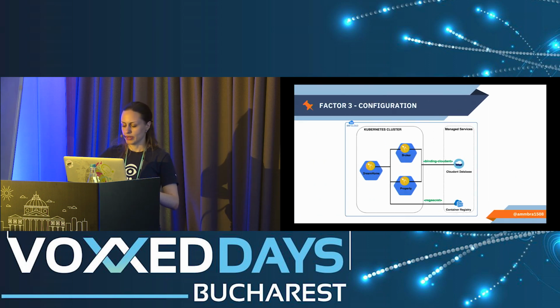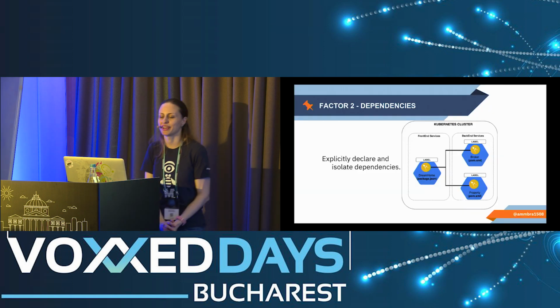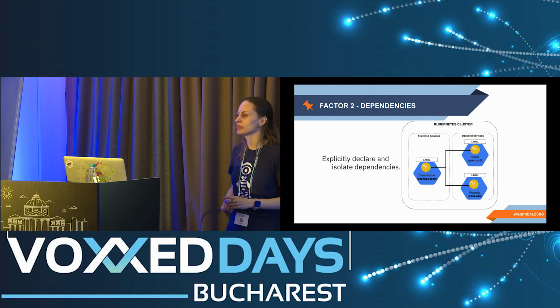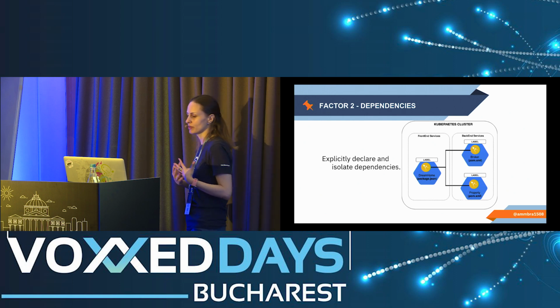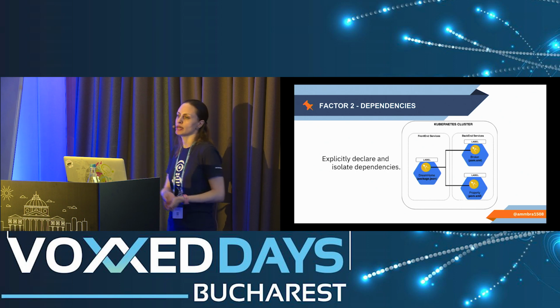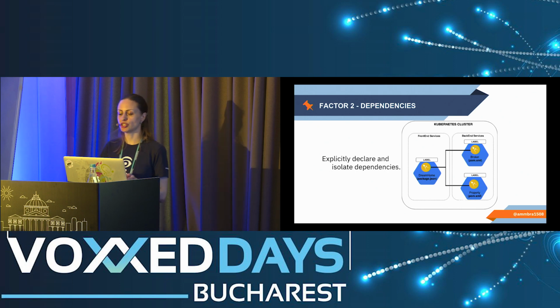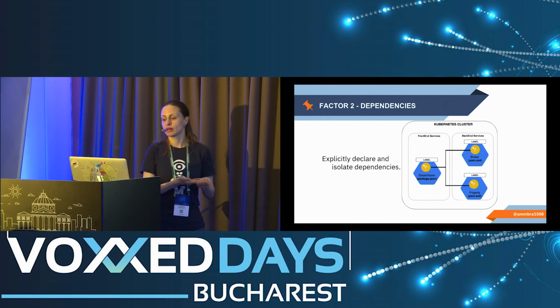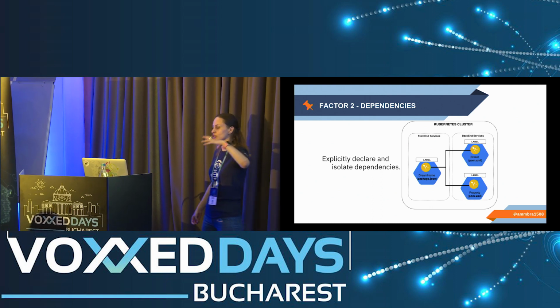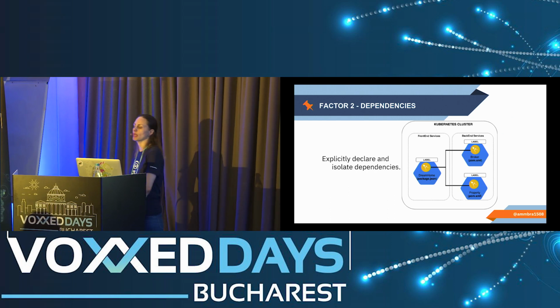Now, let's go a little bit to the second factor. The second factor talks about dependencies and isolating dependencies in a specific file. So from the application point of view, you're isolating dependencies in Node.js at the level of package.json, in Java at the level of pom.xml. Now looking a little bit above at the cluster level, the Kubernetes level,